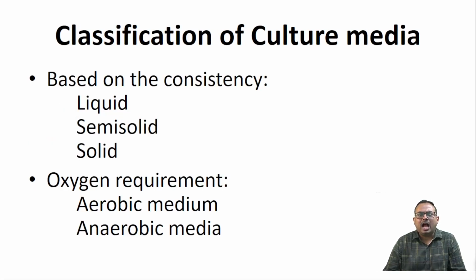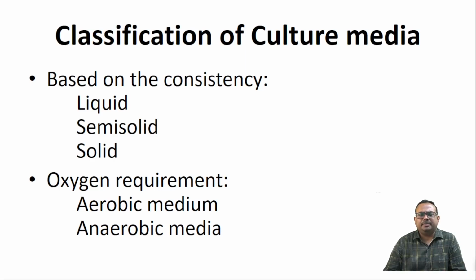So let's see how a culture media can be classified. A culture media can be classified in several ways. Based on consistency, it can be classified as a liquid culture media, semi-solid media or solid media. Blood agar is an example of solid media. Then SIM media, which is used as a composite media for identification, is a semi-solid agar, and any motility demonstration media can be a semi-solid media,